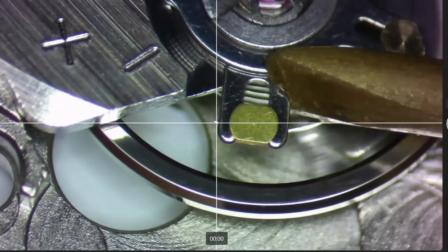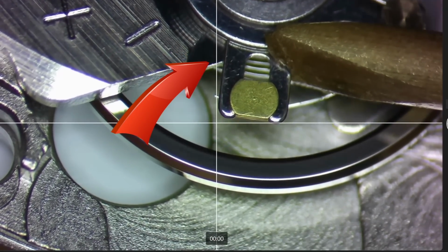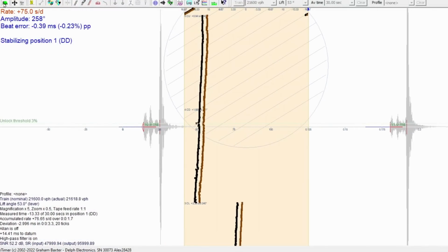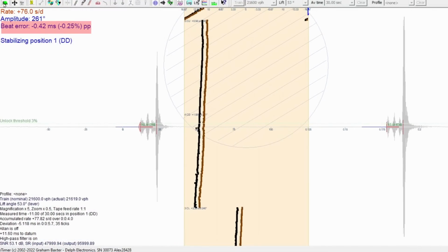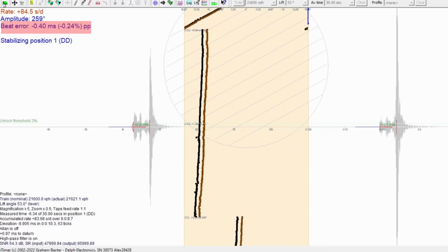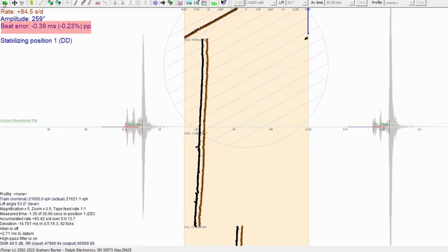Okay, so when we adjust the hairspring, we can either move it to the left or right. I usually start by moving it to the left, and that's our adjustment. So let's test this one position and see what it looks like. Okay, now you can see here that now we're on the negative side. So we actually moved the hairspring the wrong direction. You can see it's negative